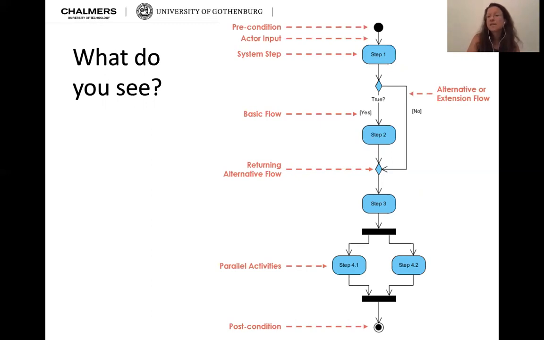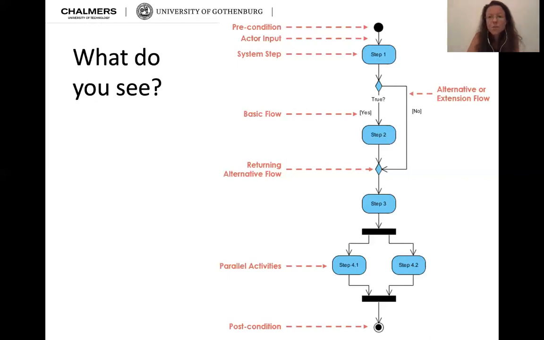So after that first system step, you then get to a decision point where you have to evaluate whether a condition is true. And depending on whether it's true or not, you either go the basic flow if it's true, or you go the alternative or extension flow if it's no. And if the basic flow was true, then you go to step 2. And then